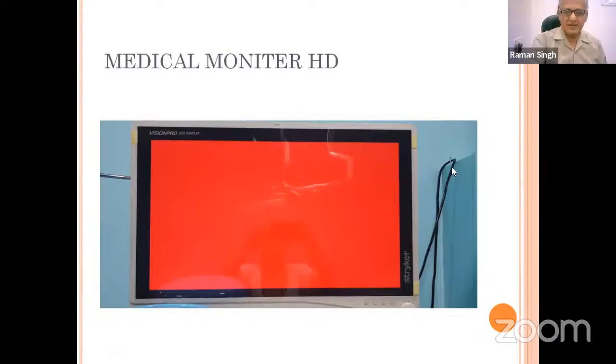After attaching this light source, we see the picture transmitting from the telescope to the monitor. After attaching this telescope, we usually balance it, which is known as white balance, because after putting a white piece over the